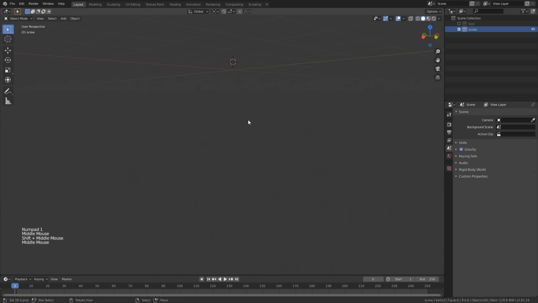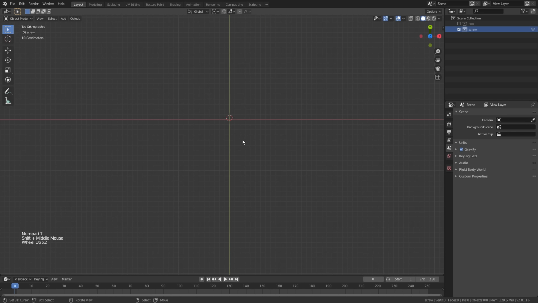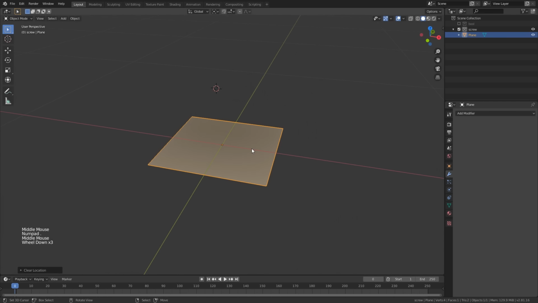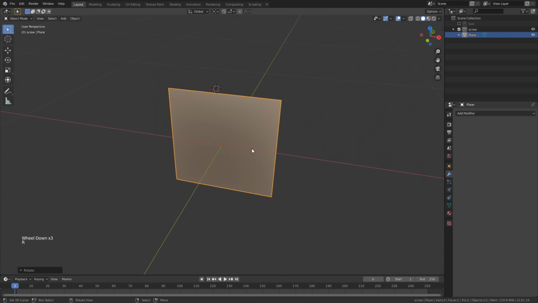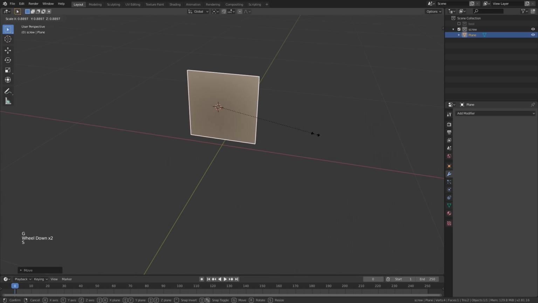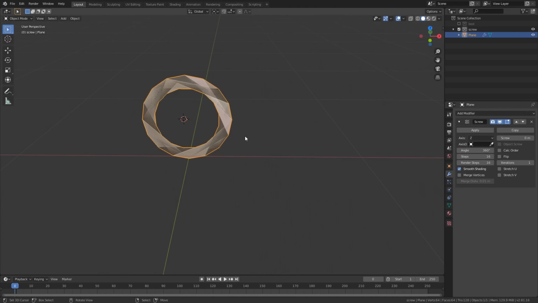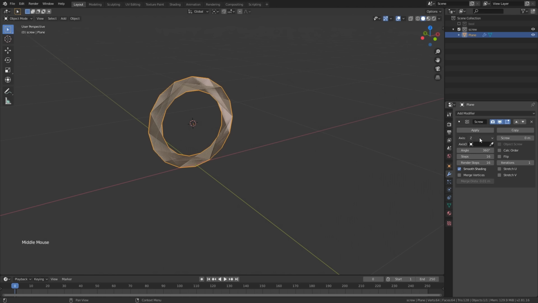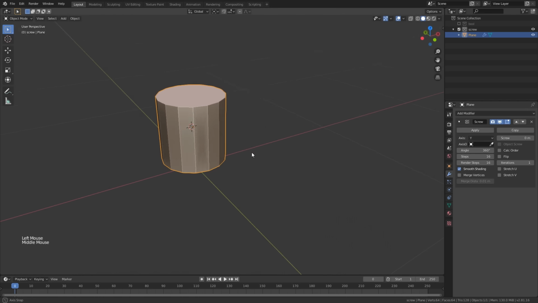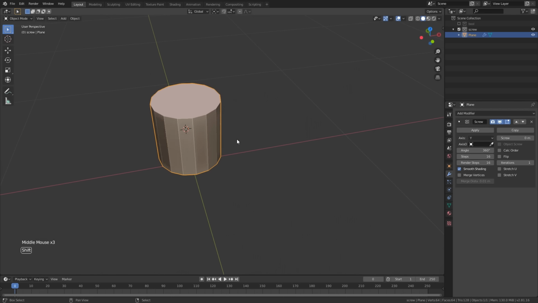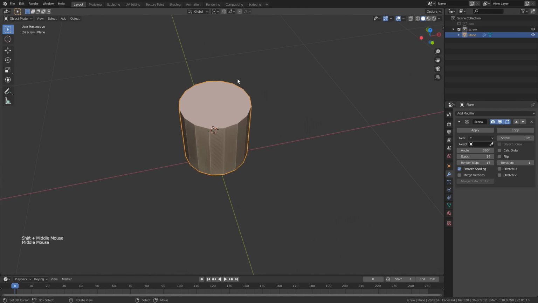Okay, let me show you the effect with a very simple one. Let me create a plane over here, and I rotate this one 90 degrees like this. All right, let's bring one screw modifier from here. And I can change this to any other axis. Okay, now what is happening is screw modifier is taking my geometry and creating a spin out of this,